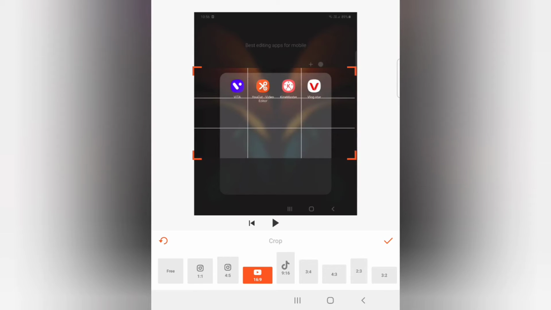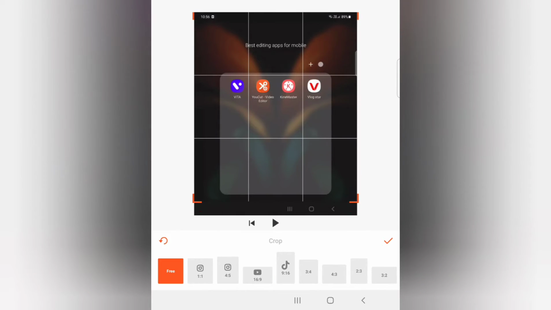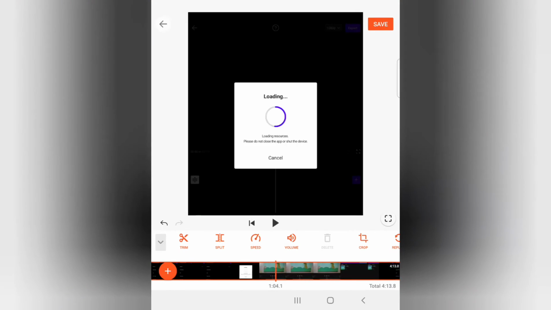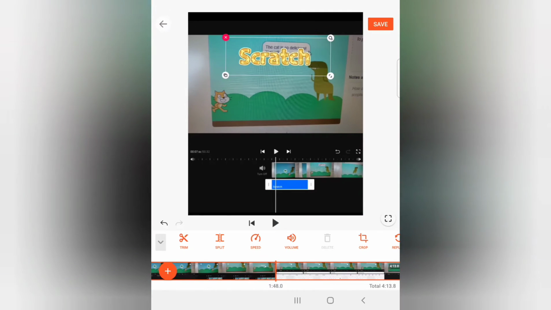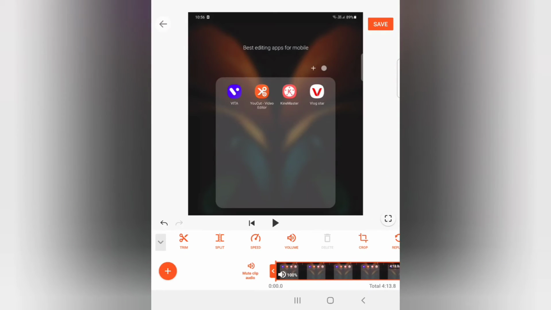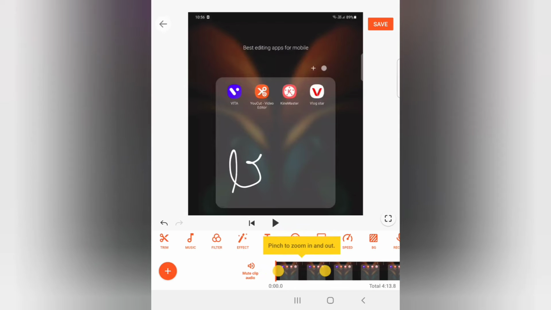Now there are ratios also, but the YouTube ratio was not letting me show my video completely. I thought it would be free, and then I cropped. See, the space is not there. You can see your video can be cropped. So this way you can even crop the watermark on your simple video. Like I cropped the space bars, you can even crop your watermark like this, and you can pinch to zoom in and zoom out.